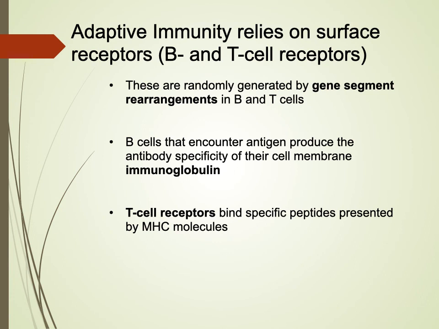So for T cells, the other piece with T cell receptors is that it can recognize its antigen, or specific peptides, on an MHC molecule. The MHC molecule would be found on a different cell, another immune cell, or even another cell in your body except for red blood cells. This allows the T cell to recognize it. It's kind of like they're talking the same language. A T cell receptor and an MHC can speak to each other.